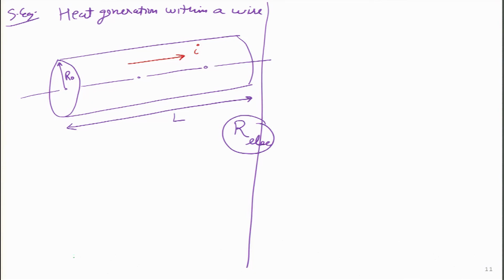towards the air which is surrounding it, which means if we zoom in inside the wire, we will see some sort of a temperature profile developing inside it. So let me go back to the slide and try to draw that temperature profile. I will draw this wire in the vertical direction now. It is the same wire I am drawing in 2 dimensions, but instead of showing it horizontal, I am now showing it vertical. Because heat generation will take place inside over here, how will the temperature distribution look? It may look something like this.